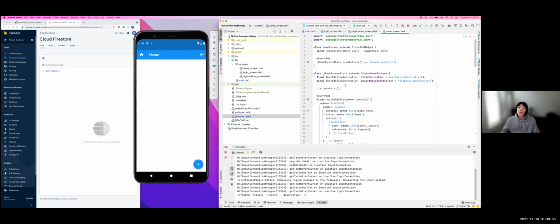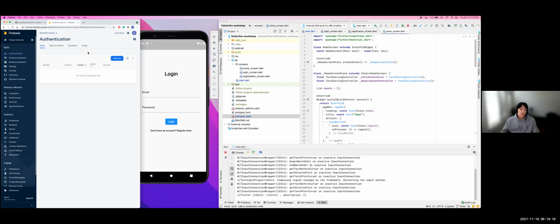And so I want to start by just starting with the authentication. I think that'd be a good start because it's pretty easy. So if I go right here,